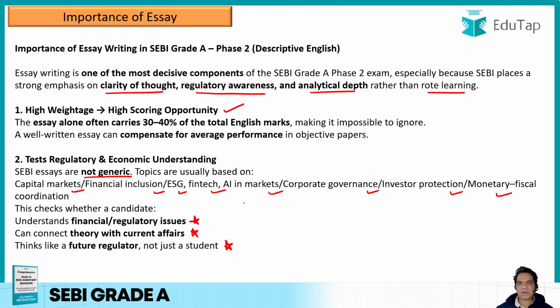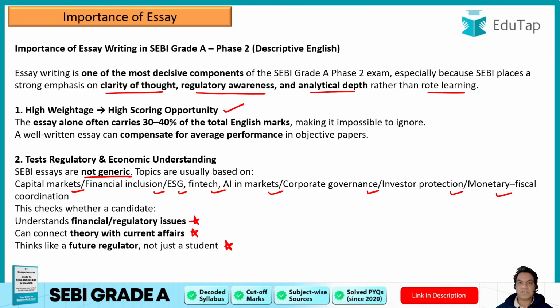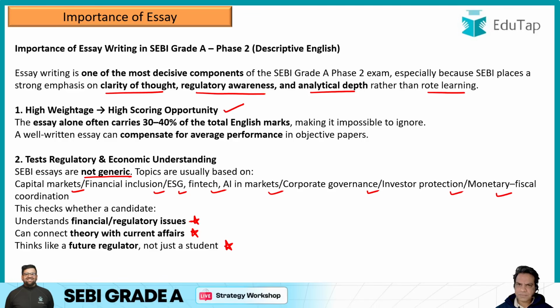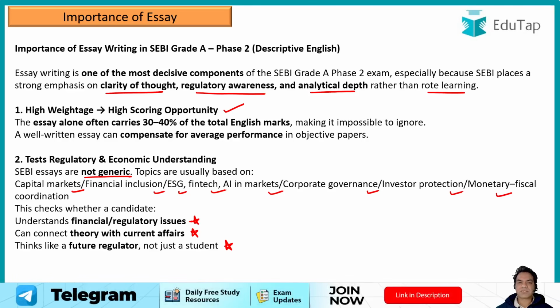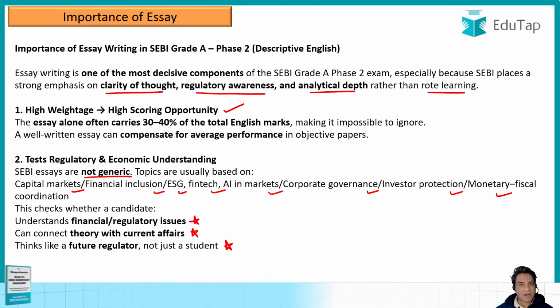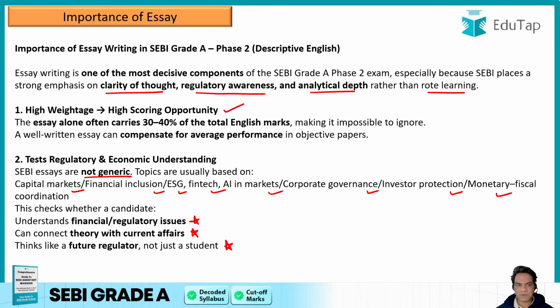You need to have ample knowledge of what is going on around you. So read up as much as you can. Read up about the India-EU trade deal. The budget will be presented tomorrow, that is 1st of February, so do read up the budget. These are going to be very important for your descriptive English exam. If you ask me, sir, can they ask questions on the budget? Yes, they can. Can they ask questions on trade agreements and trade deals? Yes, they can. And I'm not lying, guys. These questions have been asked recently in the NABARD exam as well. So if they can be asked in NABARD, they can definitely be asked in SEBI. No doubt about that. So the second important point is you need to be updated with what is going on around you.